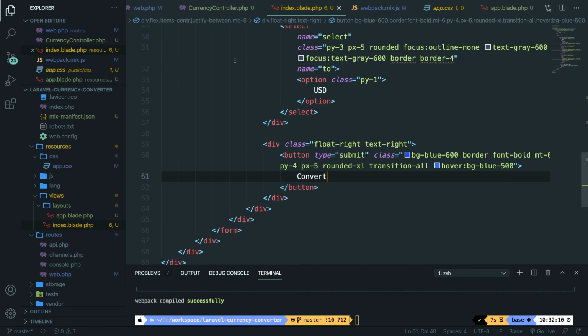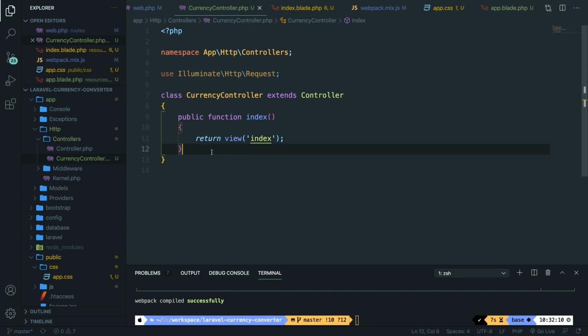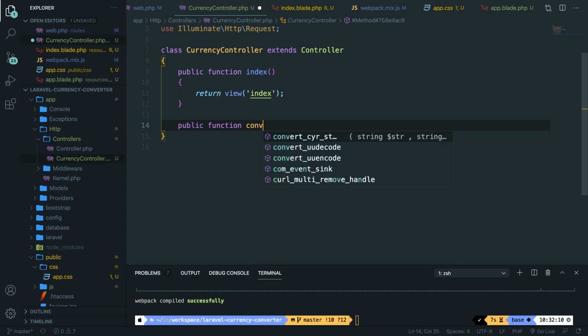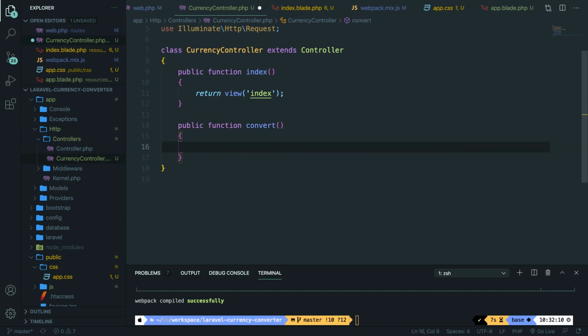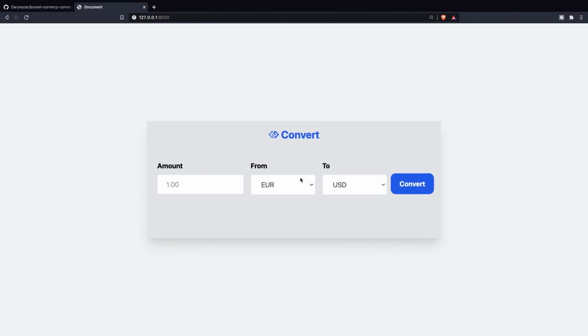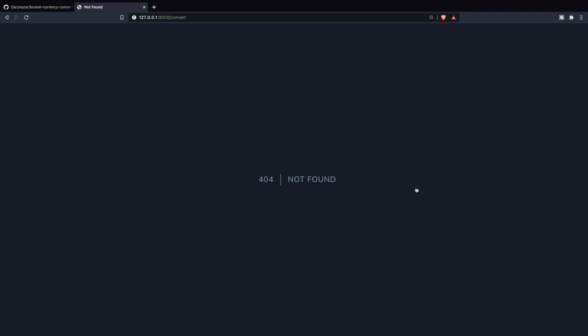If we save it and go to our currency controller, let's create a new method right here below our index method called public function convert. We're not going to do anything in here except a dd of test. We will do the logic in a second, but we obviously need to define our form first and see if everything works fine. Save it, navigate back to the browser, refresh it, click on the convert button, and as you